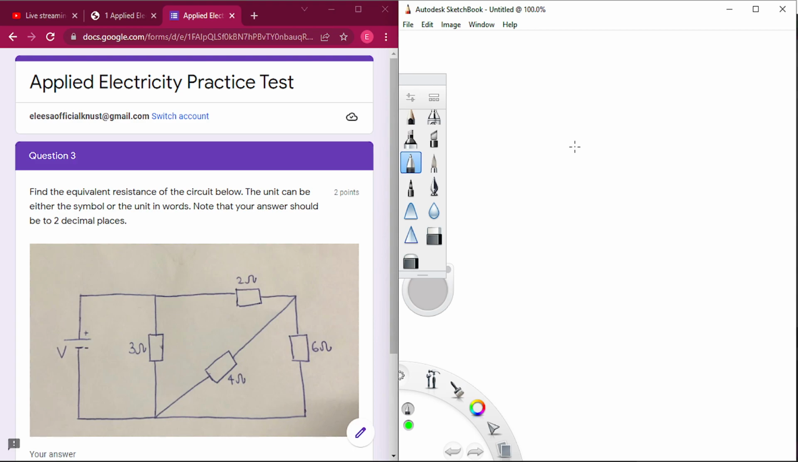Changing color to draw the circuit. Have voltage source, the resistor, and that is it. Back to my pen, we have this and that, and this. So this is a V. We have a 3 ohm resistor, 2 ohm resistor, 6 ohm resistor, and then 4 ohm